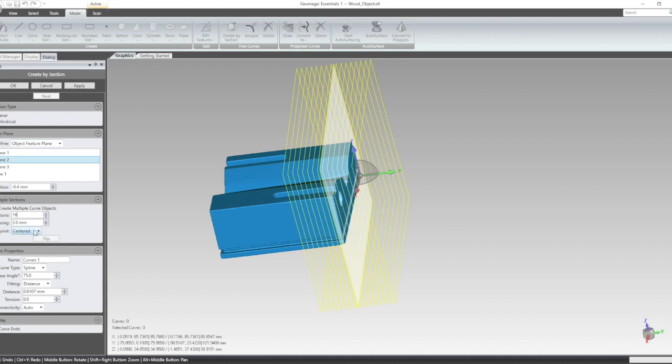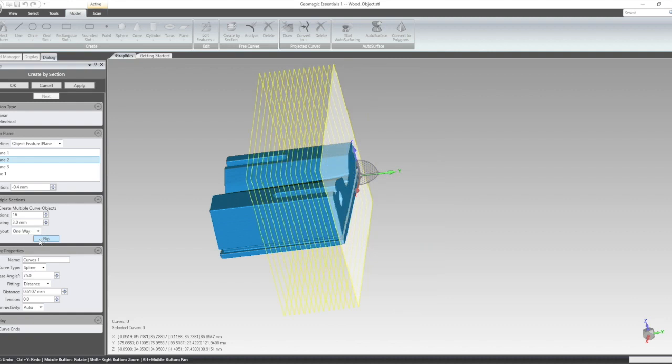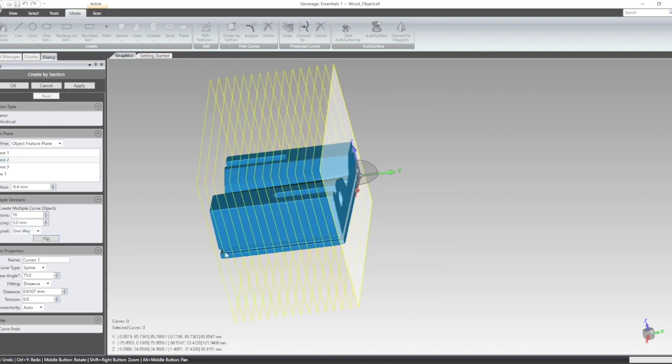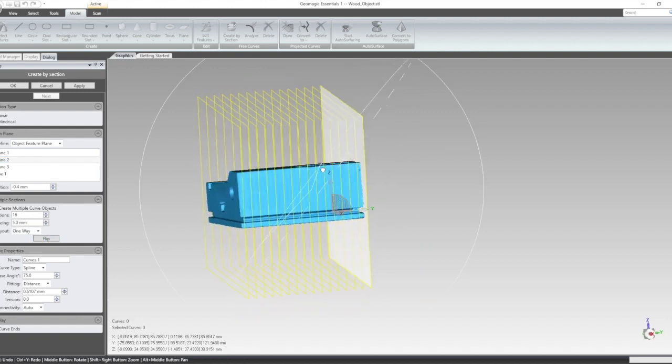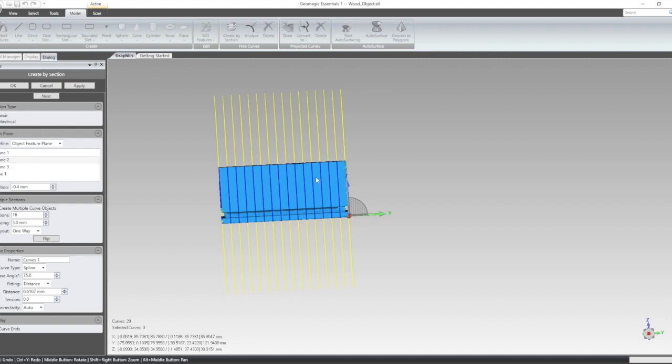and here I can choose now it going on from central, so from both ways. I just want one way, and now it's the wrong way, so I want to flip. Now I can make it a bit bigger, let's say 5. Yeah, 5 looks quite good. If I now click on apply, the software starts calculating all the intersections it found with the